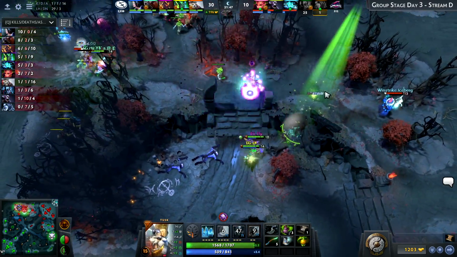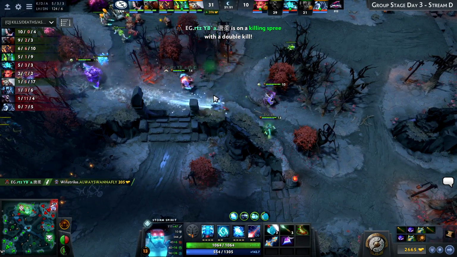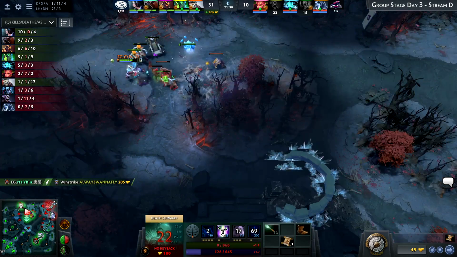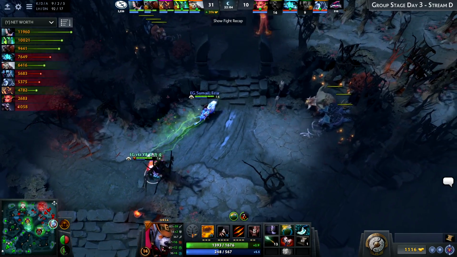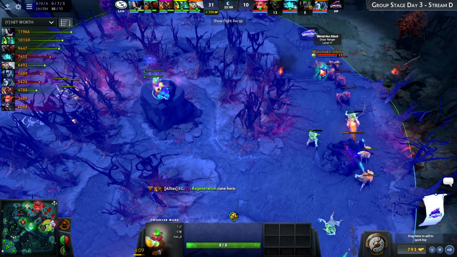Gets the maledict off. Iceberg. Ball lightning TPs away as you realize his 2 supports are totally dead. He got a death ward off, and then he got first hit bashed. Or maybe it was second hit, actually, from RTZ's Ursa. But yeah, this game, it's got out of control really fast. It's just Winstrike lost the laning stage. They lost the first 1 or 2 fights, and they've not really been able to...